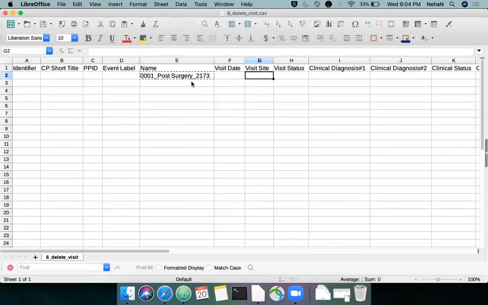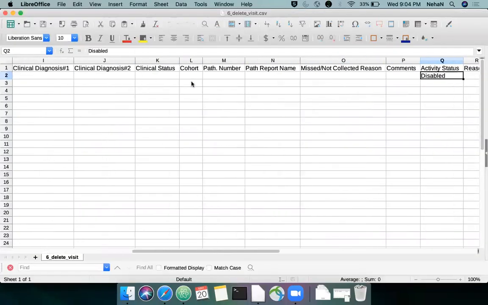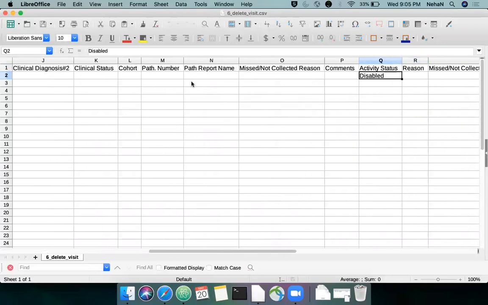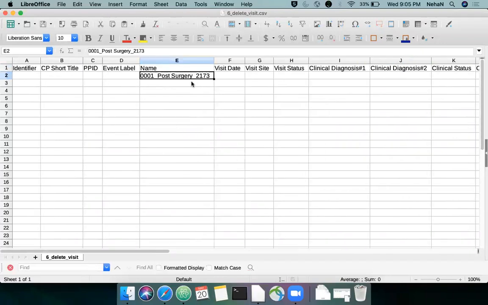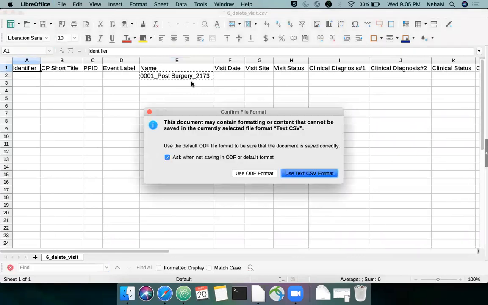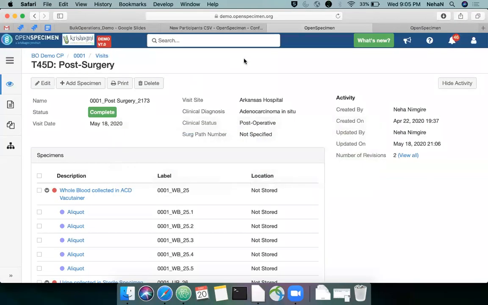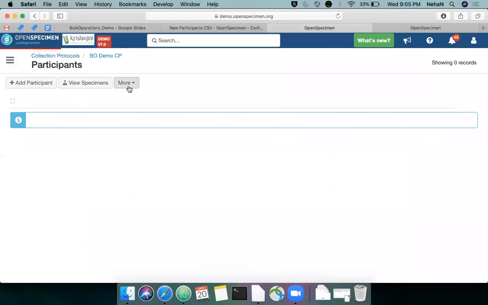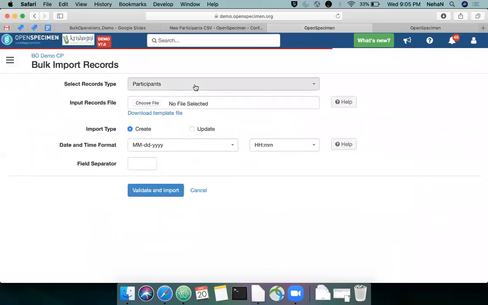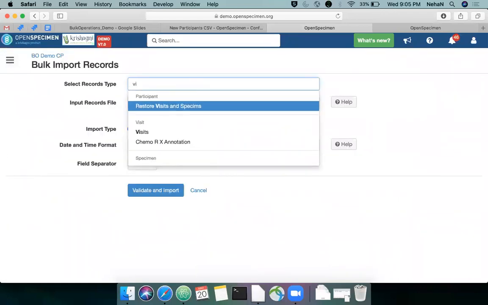So this is my file, and in this there is an activity status column which says disabled. I'll just save this file. Then in the biospecimen data import, select the appropriate template.